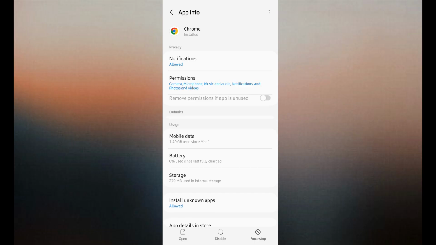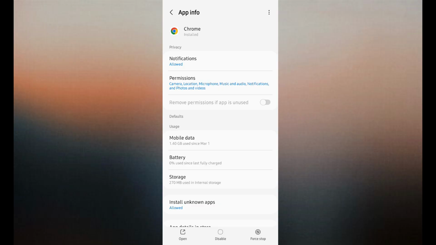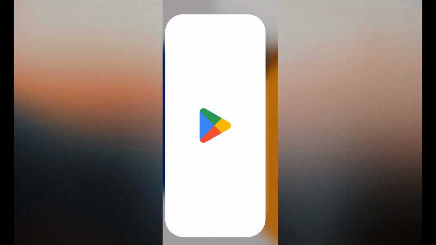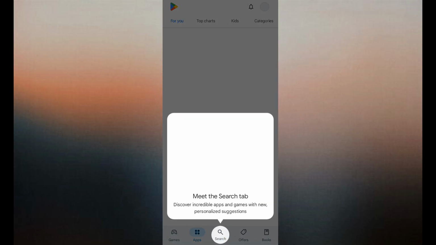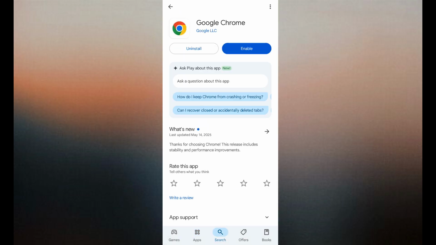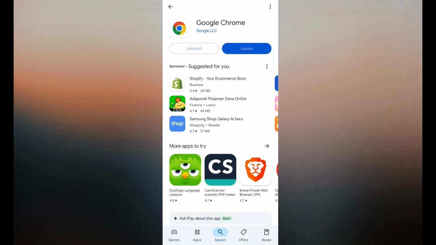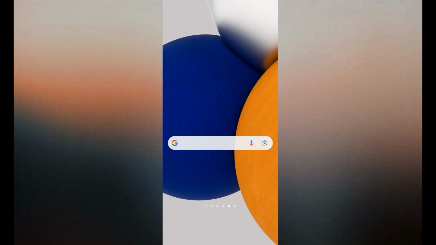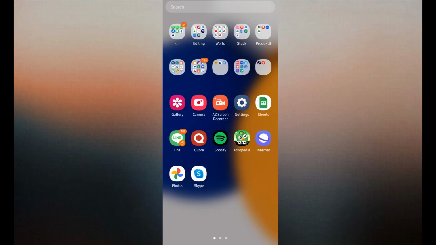If the first way hasn't worked, it means you still can't find the Chrome app. Now you can try using the second way. Exit the app settings. Then open the Google Play Store and search for the Chrome app. Here there will also appear a button to activate the Google Chrome app. Tap on the Enable button, and if there is an Update button, please update. Then after that, you can see the Google Chrome application will appear again on the main screen of the cell